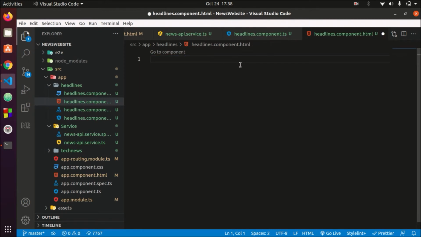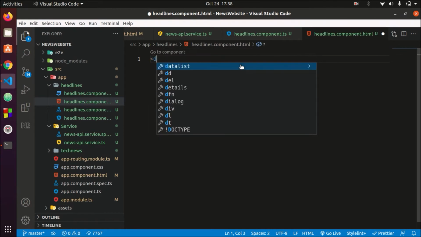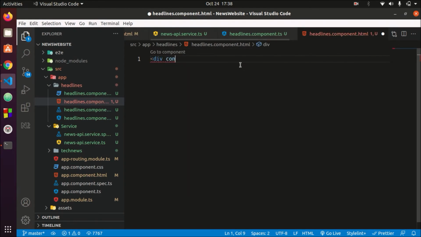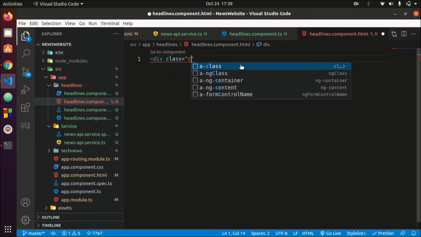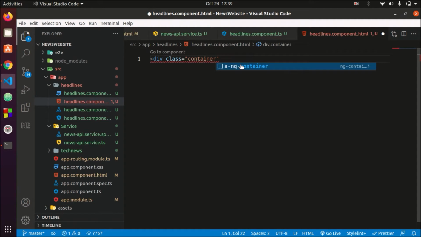So let's create a div container. Okay, I have to write the class, then I will give the class name container-fluid mt-5.